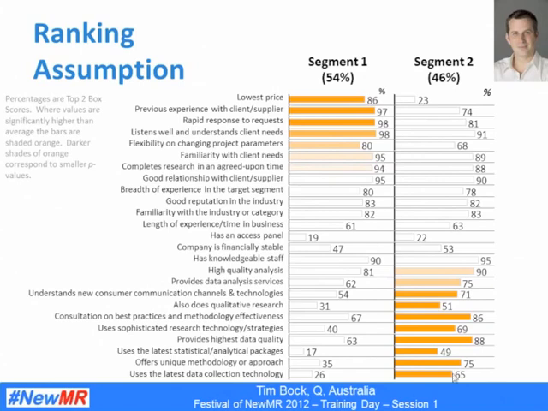Looking at segment 2, down here we can see that it's skewing in terms of attributes like high quality analysis, data analysis services, using sophisticated techniques, high quality data. And so the researchers in segment 2 are those who believe that clients are more interested in high technical quality of the research. So just to recap this application, we started with data containing a very large amount of missing